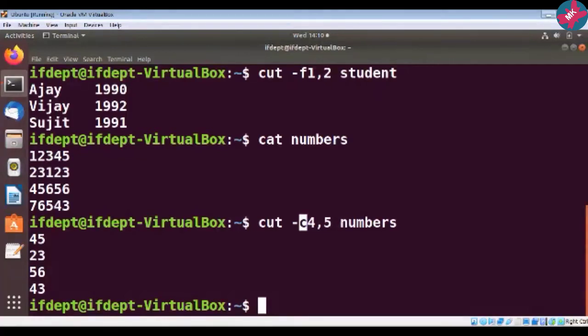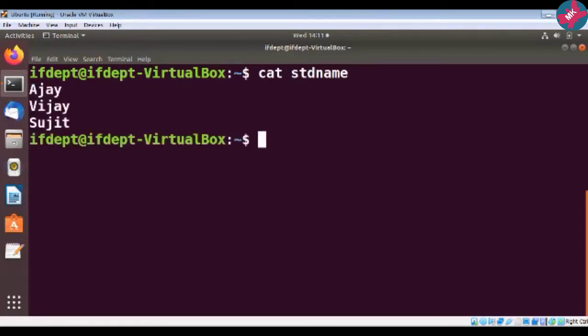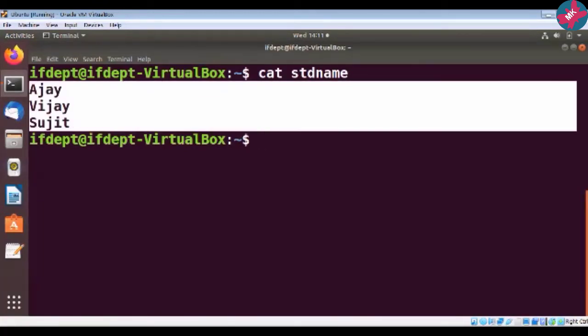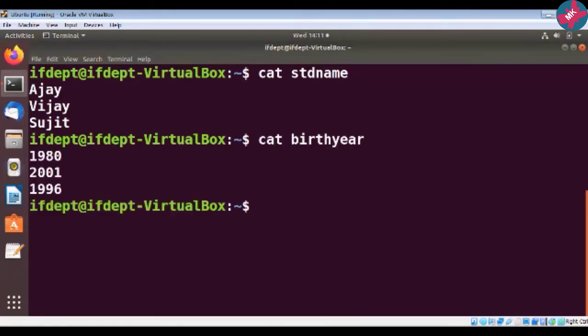Now after the cut command, next we will be seeing the paste command. For that we will require two files. I have created two files here. First is the student name file and second is the student birth year file. Now what is the use of the paste command? It joins the files horizontally.